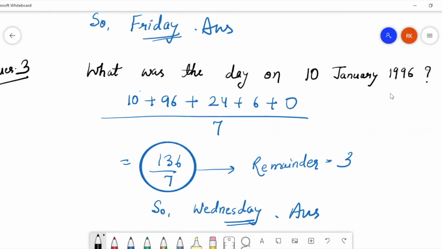Now what we have to do? We have to divide this 96 by 4, and the quotient we have to write in the place of quotient. So 24. Then January. Okay, we have to write the month code for January. But here the year is 1996. How we have to check whether it is a leap year or a non-leap year? What we will do is divide 1996 by 4. If it is divisible completely, then it is a leap year. So 1996, if we divide by 4, it's completely divisible, so it's a leap year.